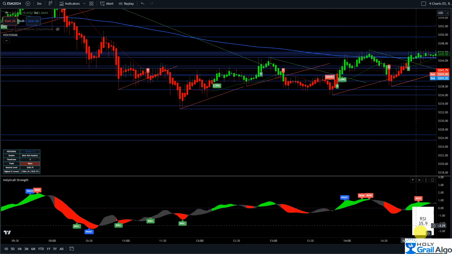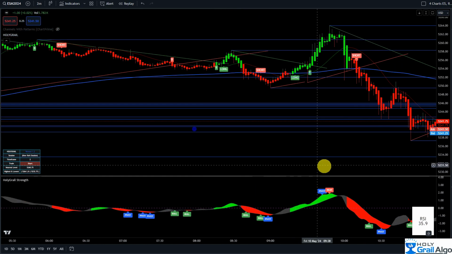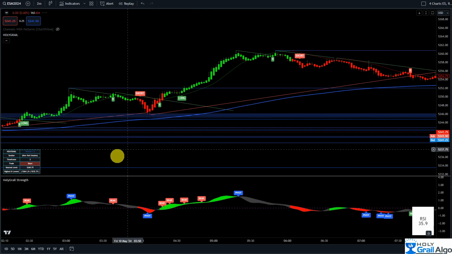Now over here, this white box right here, this is our RSI, Relative Strength Index. And when it gets to 70 and 30, it will change colors, and you'll know that it's in an overbought or oversold condition by the numbers on here, and this will flash a red or a green color when that happens. Now let's take a look at the previous day,